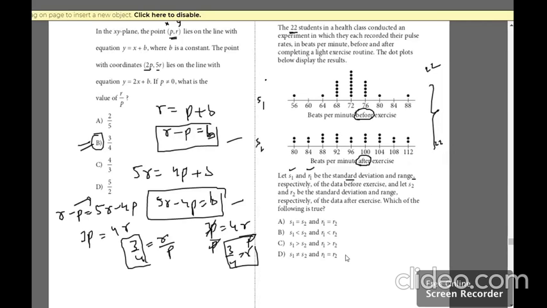So our ranges are equal, so it has to be from these two options. This is how quickly you can get to the answer. And bingo, our standard deviations cannot be equal, so definitely the answer is going to be T. That's how fast you can do it, but how I have understood it is that where the data cluster more, the standard deviation is lesser. Remember that. And here it is almost evenly distributed, so the standard deviation would be a little higher. So that's why they are not equal.